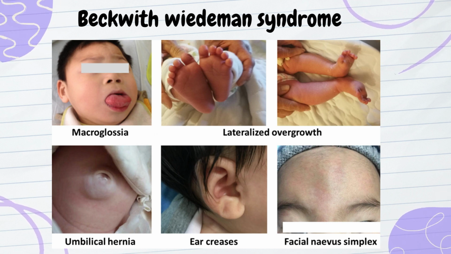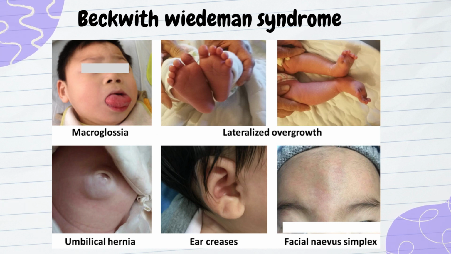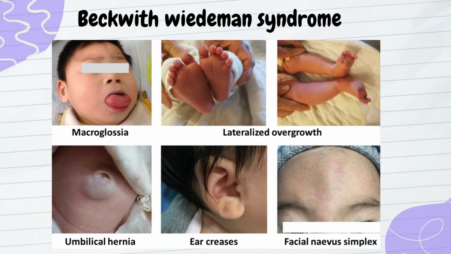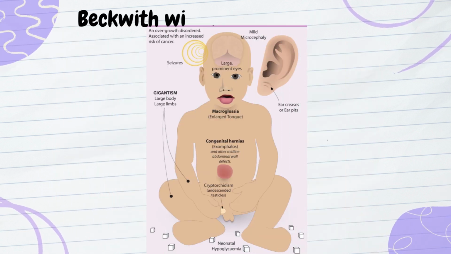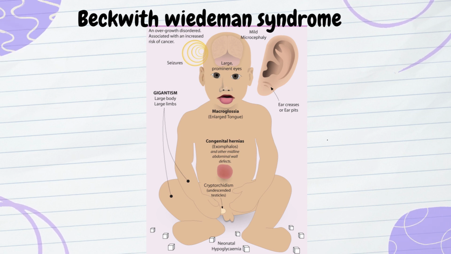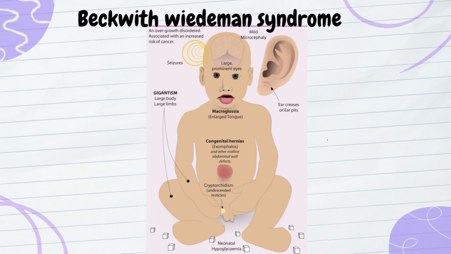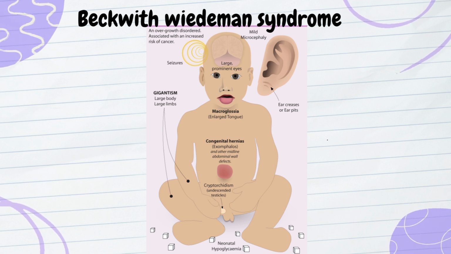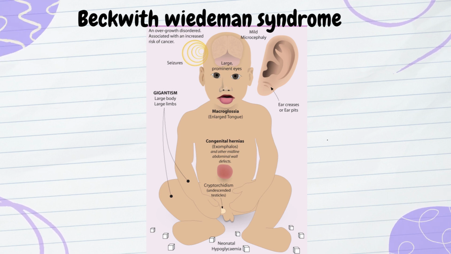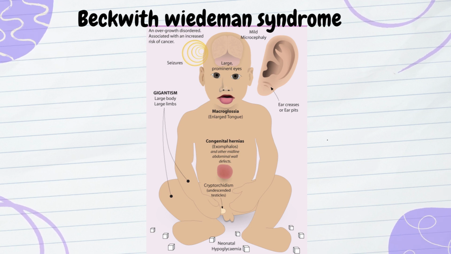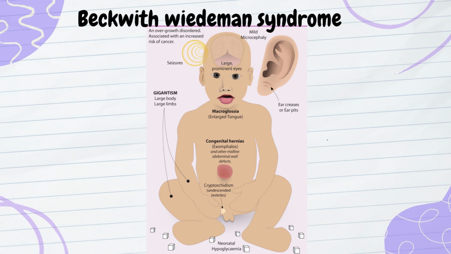Only three things which are important are macroglossia, neonatal hypoglycemia, and microcephaly. In this picture you can remember for your exam. Give this child a name Beckwith, and you associate this child with this image, and it will be easy for you to remember. So in this picture you can see he's having large prominent eyes, ear creases,